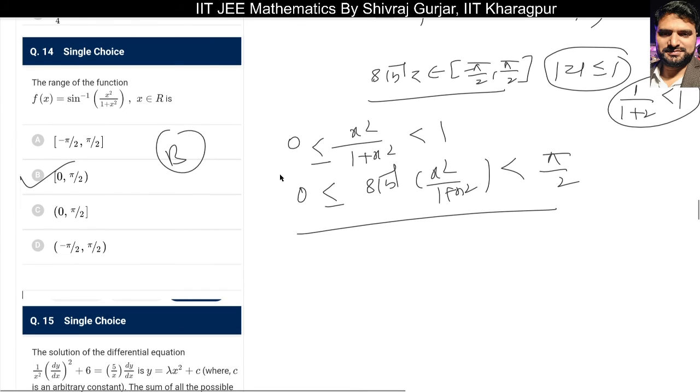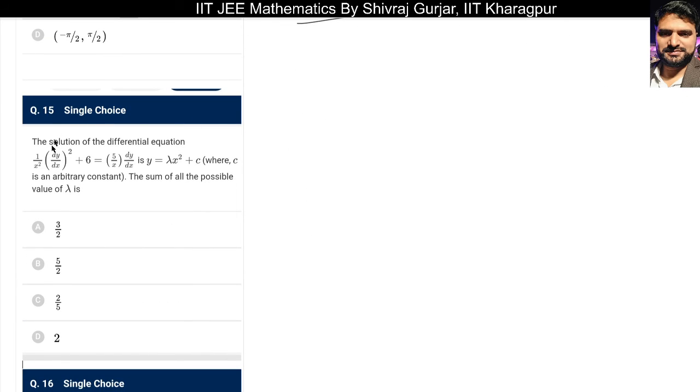So let us take next question. 15. The solution of the differential equation, where c is constant, the sum of all the possible values of lambda. Okay, so this is quadratic in dy by dx. Let us say dy by dx is some m. So then it will be 1 by x square m square minus pi by x m plus 6 equals to 0. So m is equals to